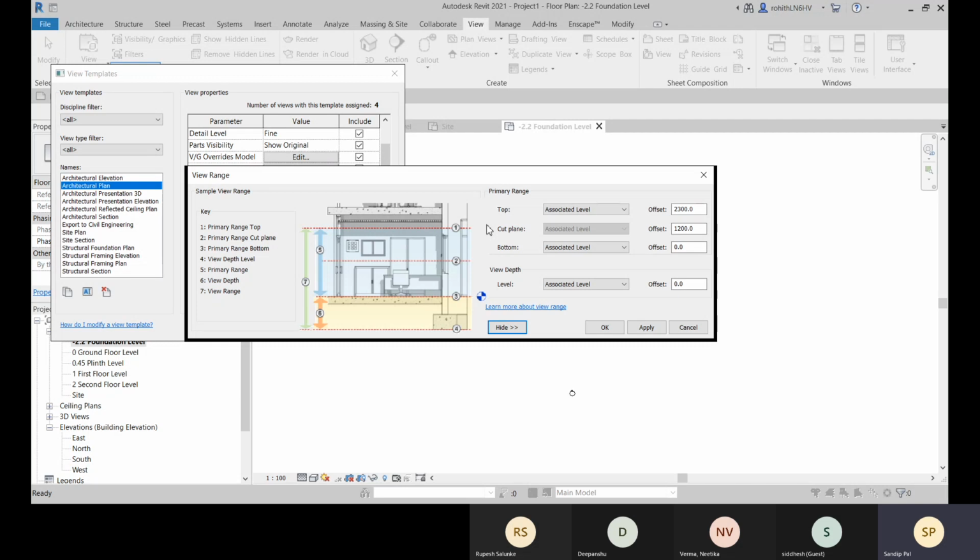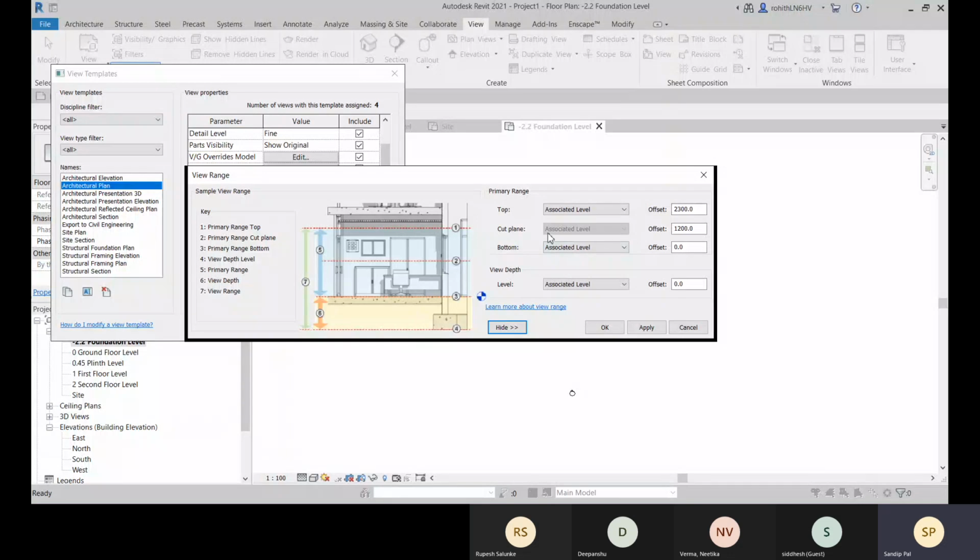Those are placed above the lintel levels, right? So that will be placed above the cut plane. So those objects will also be included, and those should be within the cut plane and the top plane. So accordingly, you will specify the offset. Okay, so accordingly they will be visible.